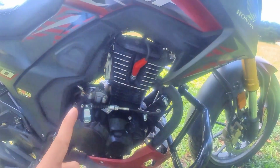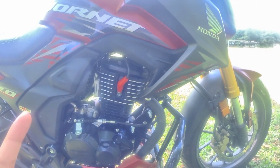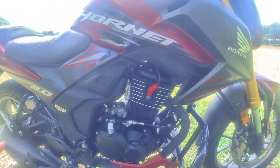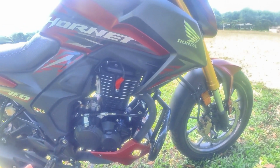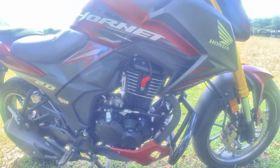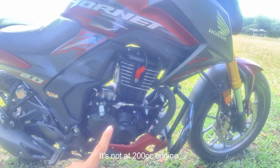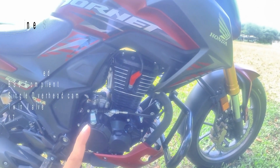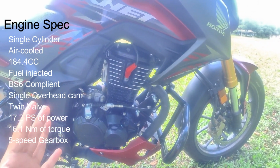Now coming to the engine, this is a new engine, you can say, in the sense that it's fuel injected BS6, but it's the same unit from the Honda Hornet 160R. It has been bored out and now it's a 184.4cc unit. People confuse it for a 200cc engine because of the 2.0 marking, but no, it's not. It's a very simple air cooled single cylinder 184.4cc single overhead cam single spark engine, obviously fuel injected,